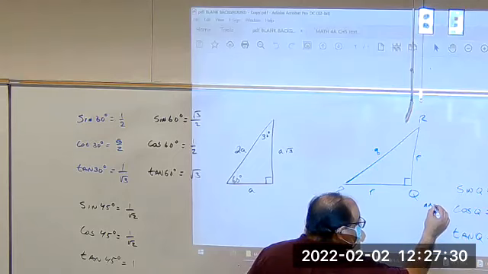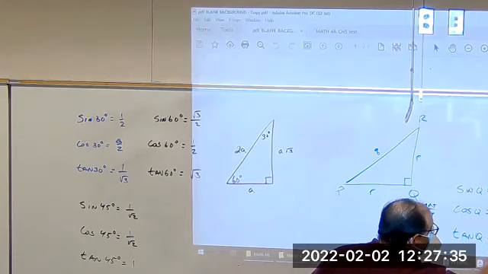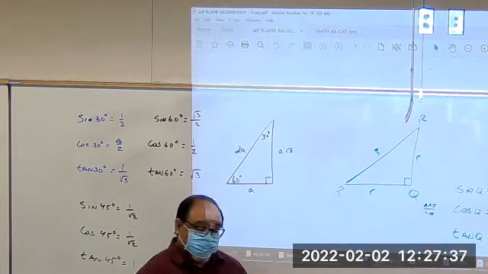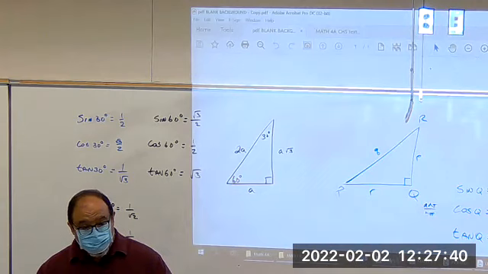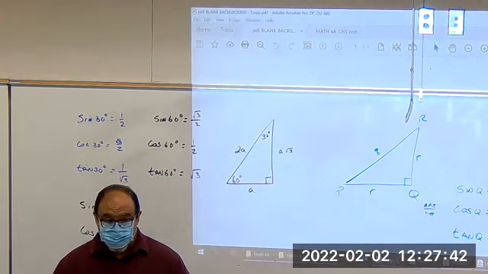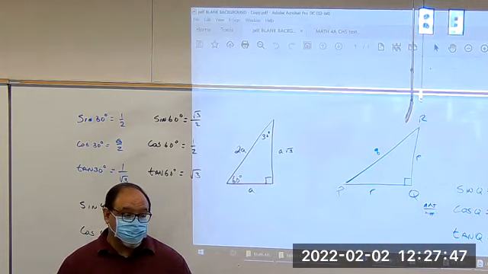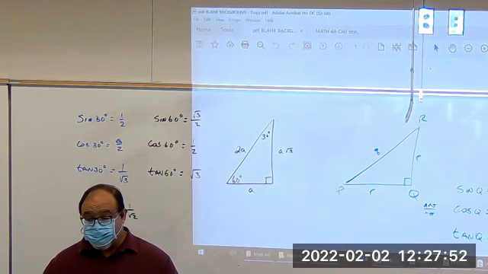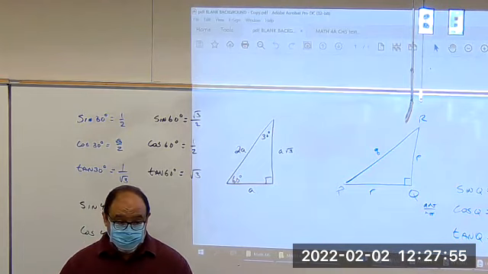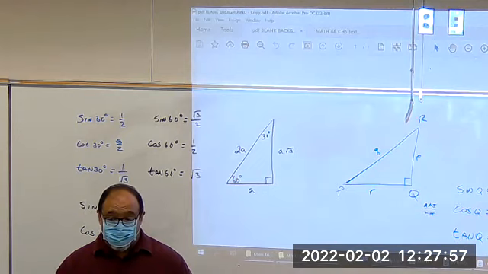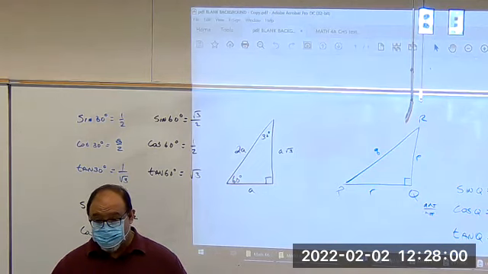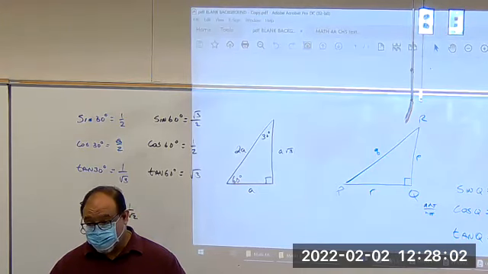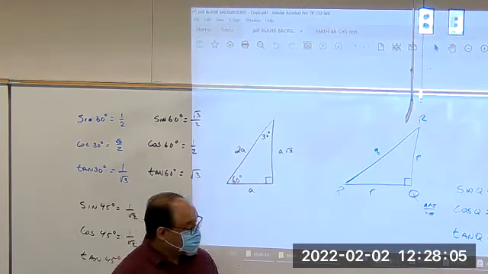Cosine. Now you want adjacent over the hypotenuse. So you know down here is Q. So pick the adjacent side to angle Q. Is it R or is it P? Remember, they're not the same length. If you pick P over Q, that's a different answer than R over Q. That's why you cannot do this right now. You can't do it. Likewise, if you try to do tangent,